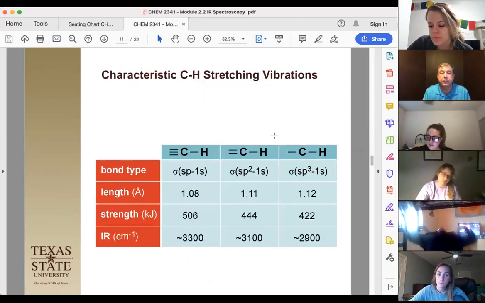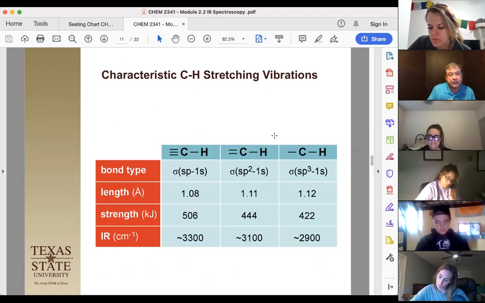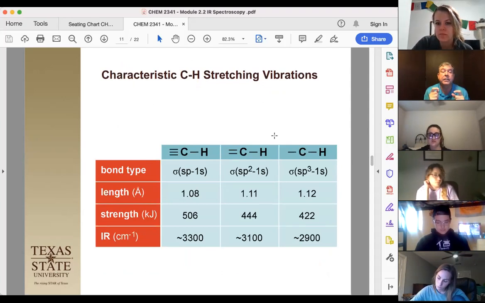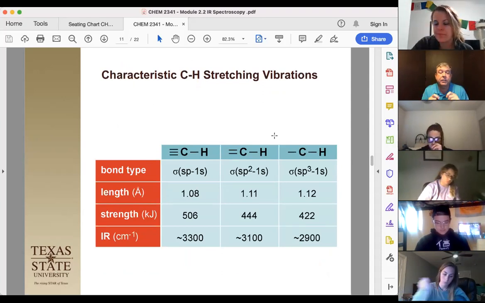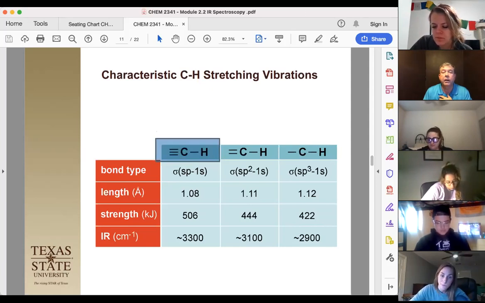Okay. And then there's another cool thing here, which is that we can identify different types of hydrogens based on the carbon they're bound to. And the reason we can do that is because the bond between the carbon and the hydrogen has different hybridizations going from alkyne to alkene to alkane. So in the case of our alkyne right here, we know that our carbon,